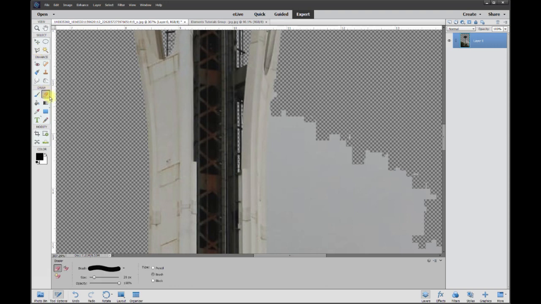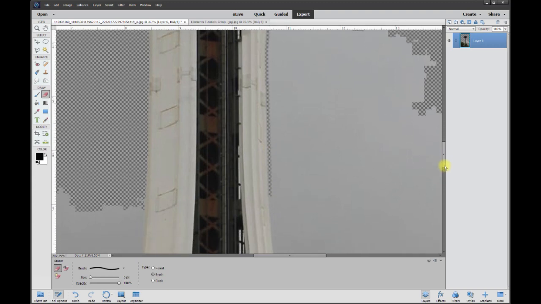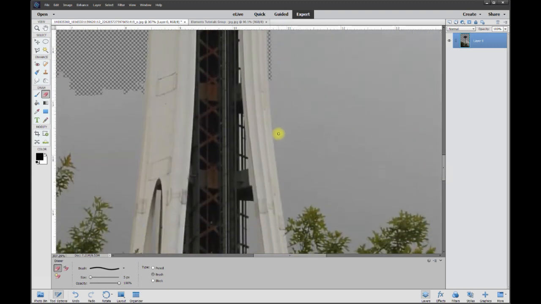So I'm going to take an eraser. We'll get a soft edge right there and make it something like 5 point. And that looks good. I Shift-click to erase the portions that I want in straight lines. Once we get past this middle part, I think the rest of it's going to be easier. So I'm going to take a chunk